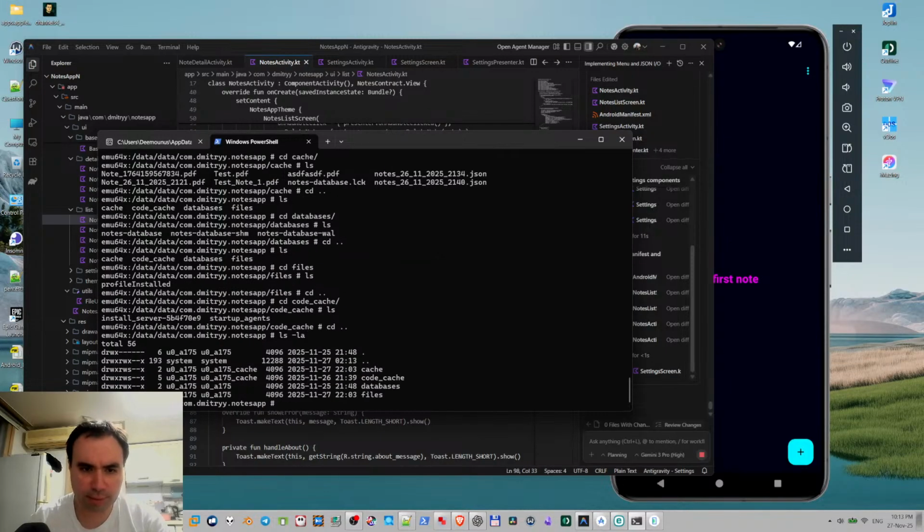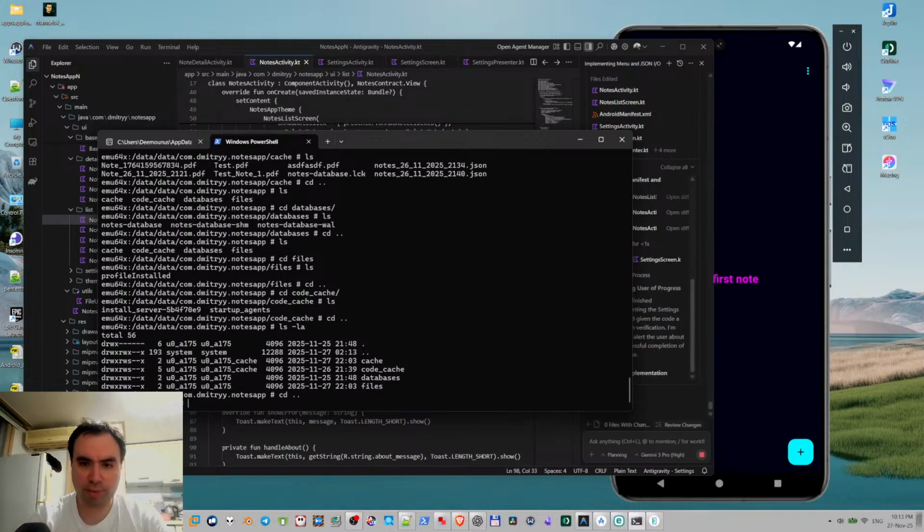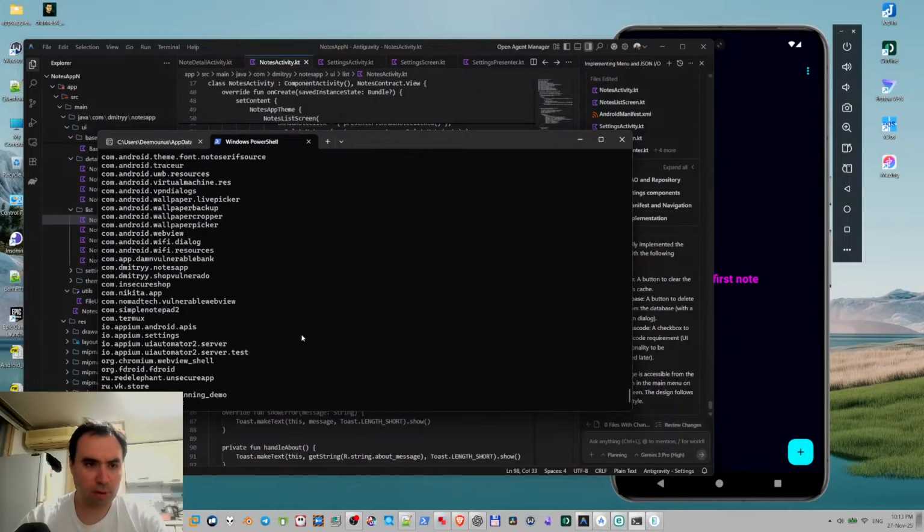Actually, if we do it like this, basically all the apps that we have installed on our emulator have this kind of packaging, and you can probably take a look at some other apps as well. Let's say Vulnerable Shop, for example, or Insecure Shop. Insecure Shop is just one of those apps that allows you to learn cybersecurity and Android testing. Let's go to